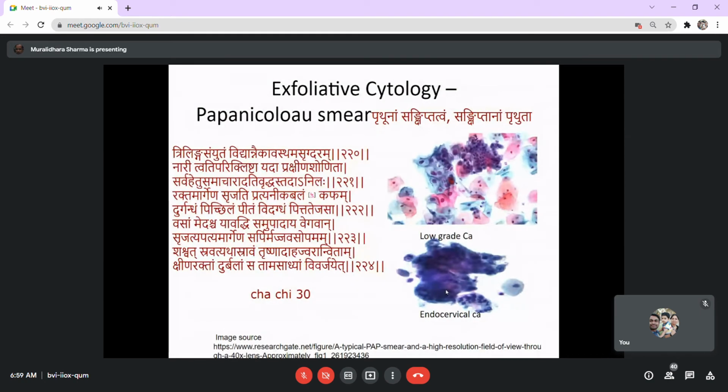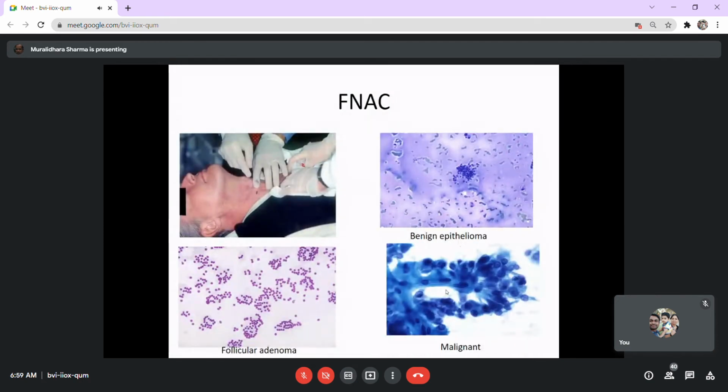But when we use these smear studies, the findings will be more accurate. Simply depending upon clinical criteria is also possible, but these histopathological studies would give you better and more accurate information, and hence they are more reliable, and they support the prognosis predicted in the Ayurvedic text as such. Now, to continue with histopathology: in exfoliative cytology you do not injure the tissue,